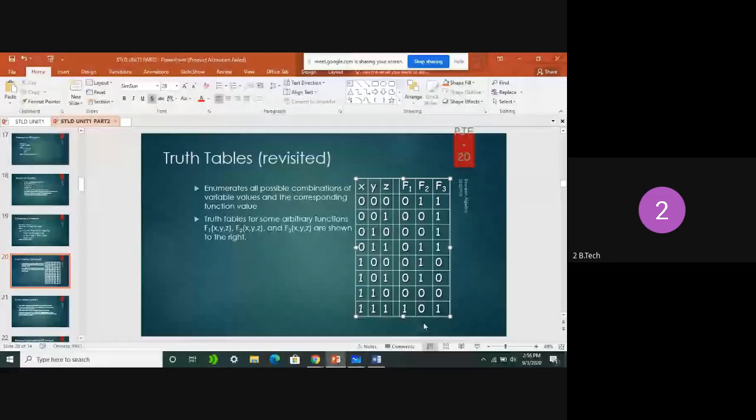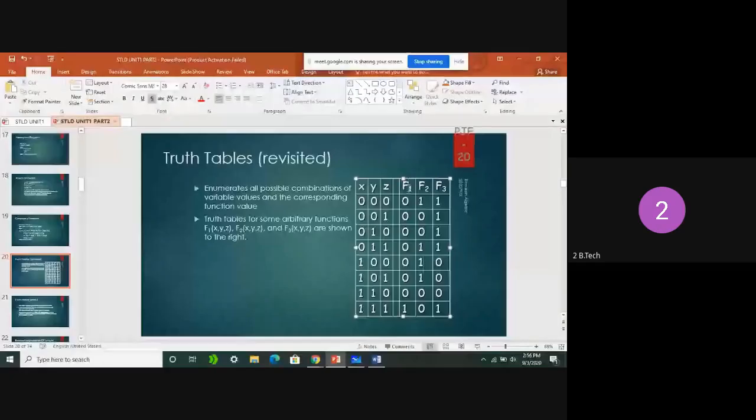So we can see where the output is going to be high. For that high output, what is the input combination? If the input is 0, we represent it with a bar, like z bar. If the input terminal variable is high, it is represented without a bar. Okay, clear all of you. Just like we did with f1. F1 is one only in one combination, that is, all inputs are high. That is in the sense we can take it as xyz. Clear all of you?